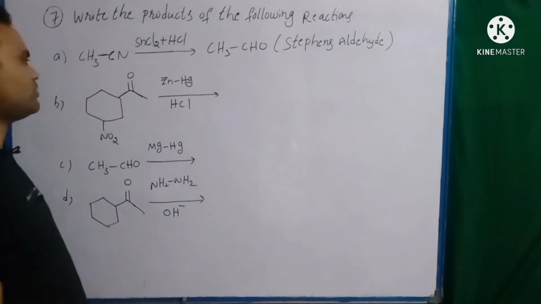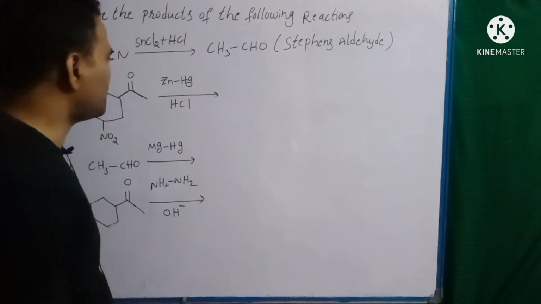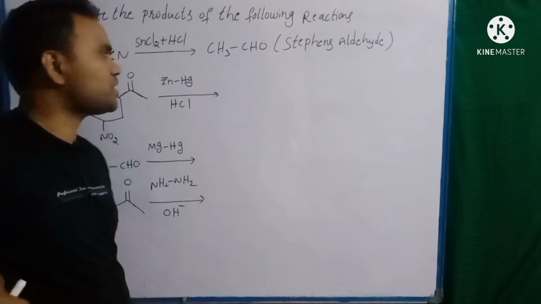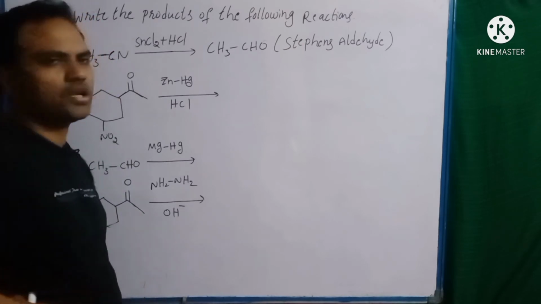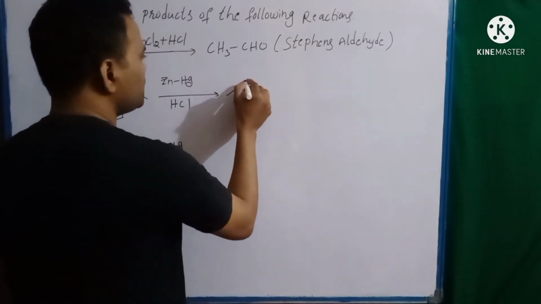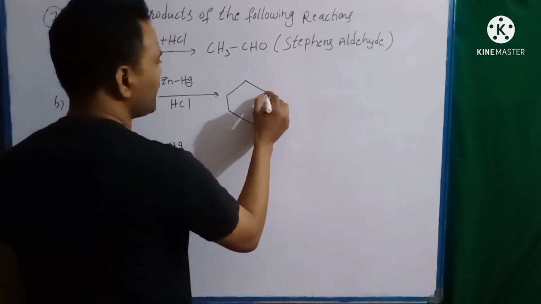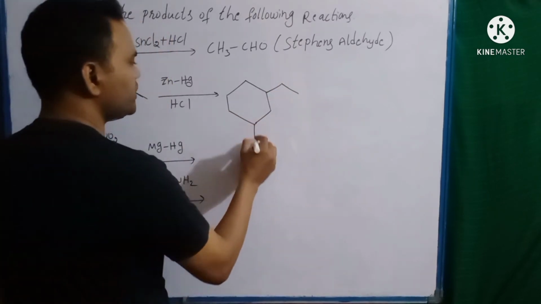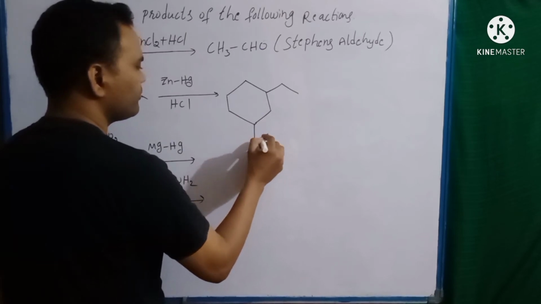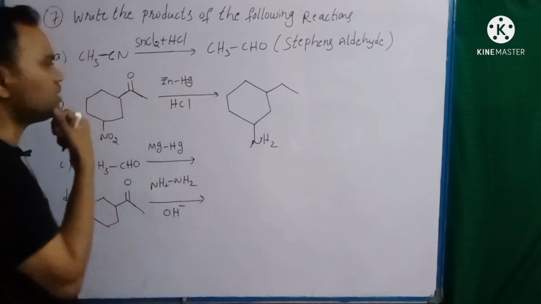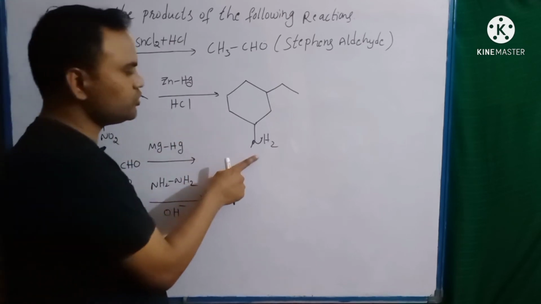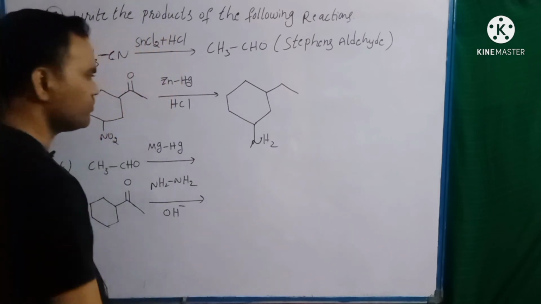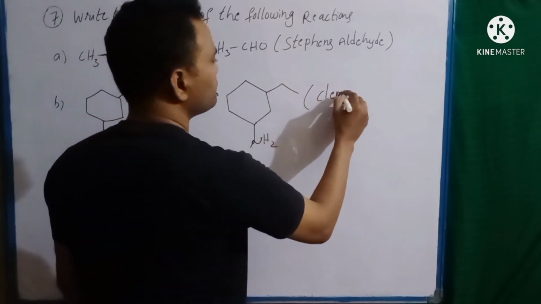And second reaction, ketones when treated with ZnHg followed by HCl are converted to alkanes. This is direct conversion of carbonyl compounds to alkanes. If any other group like NO2 is present, that is also reduced. This is very important. So with Clemmensen reagent, NO2 is also reduced to NH2 and C double bond is reduced to alkane. Okay, this is Clemmensen reduction.